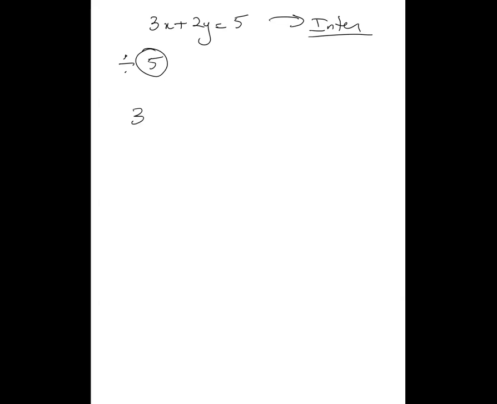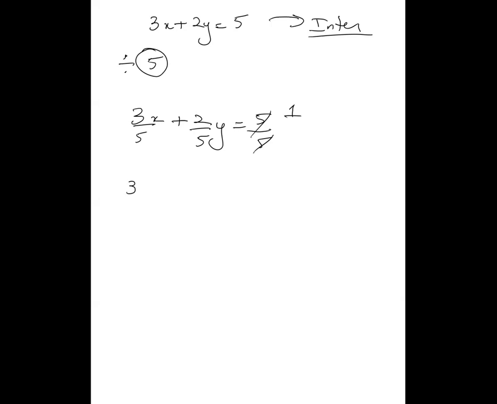So since you're going to divide throughout the equation by 5, it will be 3x by 5 plus 2 by 5 into y is equal to 5 by 5. I would strongly recommend you guys to show the 5 by 5 and then cancel it to make it 1, because this also carries marks. So automatically what I'm trying to get,